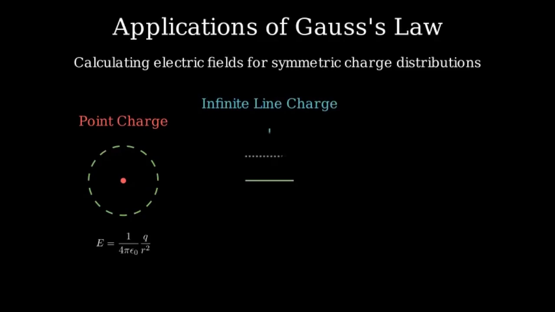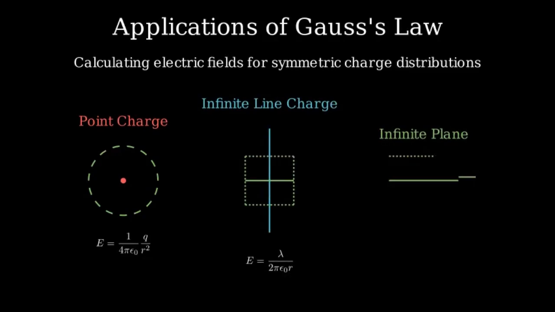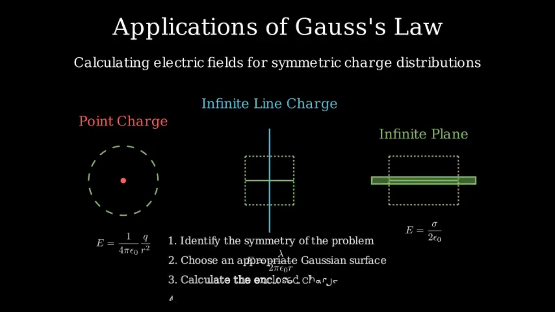Gauss's law is particularly useful for calculating electric fields of symmetric charge distributions. For a point charge, using a spherical Gaussian surface gives us Coulomb's law. E equals Q over 4 pi epsilon 0 R squared. For an infinite line charge,